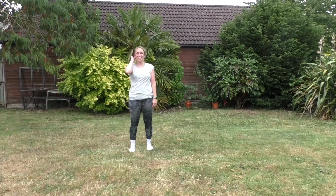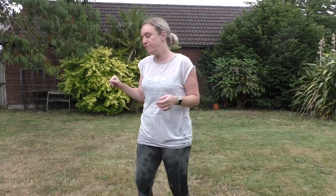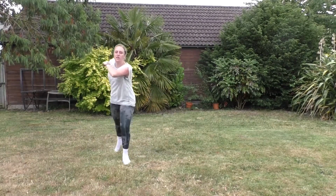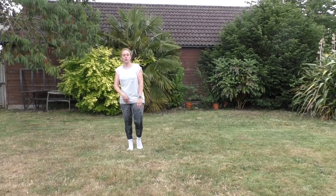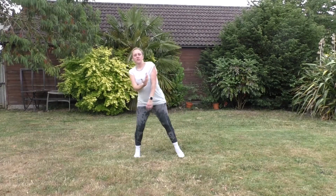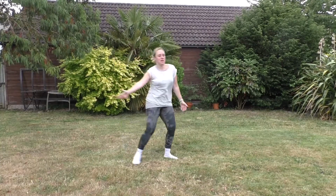And I'll fly. Let's add the last section on. So we've just done our chase the tail round. We've stepped forward, we've stepped back, back. You're just going to gently touch that right leg down, because then you're going to step on your right leg to throw over, fly away. So you're going to fly away, then you're going to step in here,